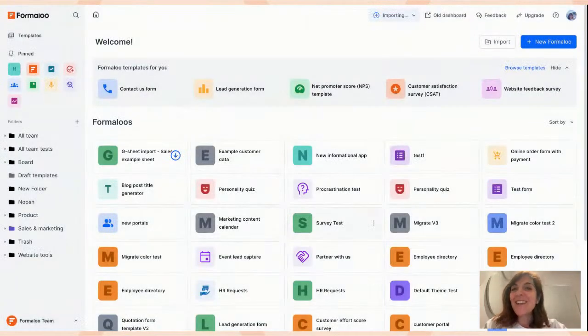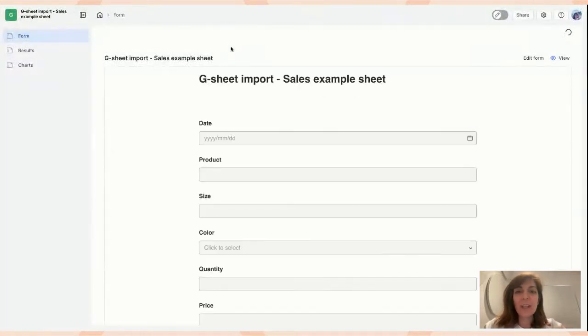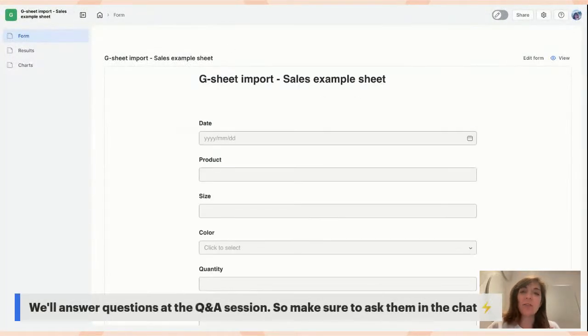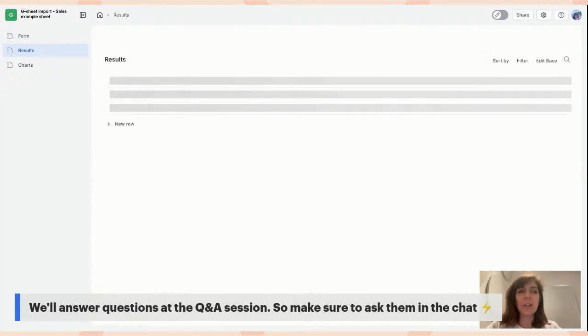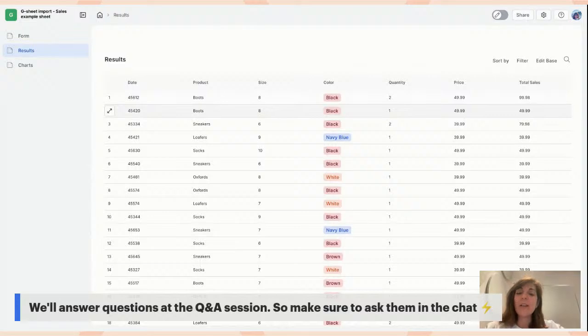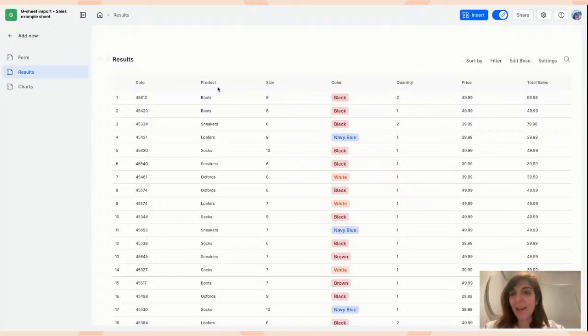Super easy, right? So when you import your data, it will create an application for you, including the form of it. You can use the form or not. And also there's a table of results. Based on how much data you import, it could take longer or shorter. So be patient, and whenever the import is finished, you will get an email so you will know. So this is my data, and now I want to analyze it. Let's edit the app and add a new page.